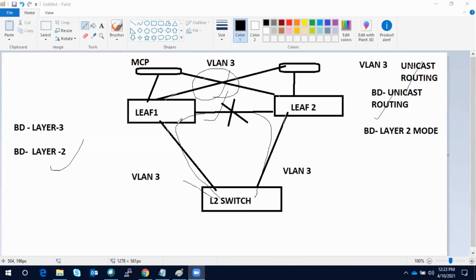There is no keepalive link or peer link, but the health traffic will pass through the fabric, going via the spine to leaf 2, and they will come to know about each other, that the other leaf is available. So in ACI, you don't need to configure a peer link or keepalive link. The fabric itself acts as both. I hope this answers your question. We will talk about this in more detail when we talk about the traffic flow, and that will make you understand more.